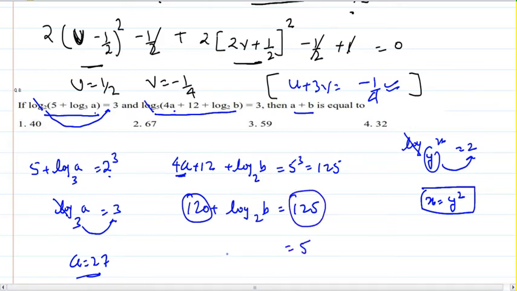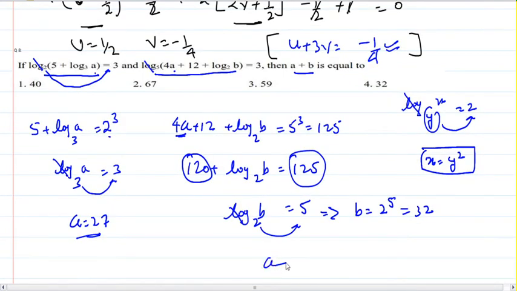See, I was able to do all of this with some mental maths, but I am writing it on the screen for your help or for your guidance. Cancel this. 2 will be raised by power 5. So I will have b is equal to 2 to the power 5. Why do I have to write this? I can say 2 to the power 5 directly is 32. So I've got a, I've got b. So what is the sum of both? A plus b is 27 plus 32, 59. Answer option 3. Third problem on logs in the same slot, morning slot.